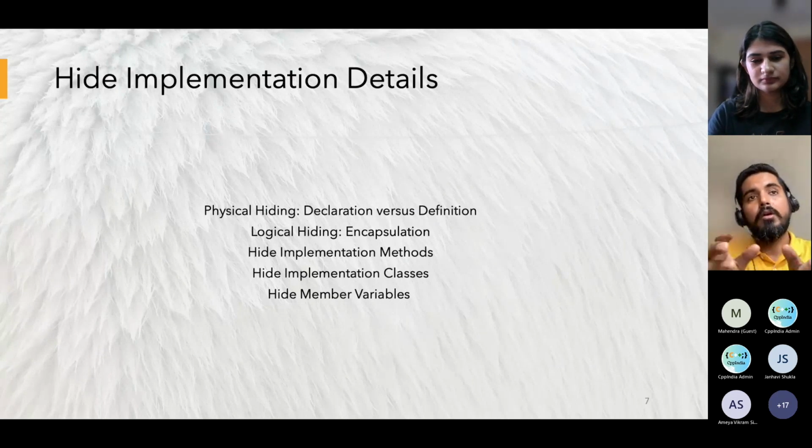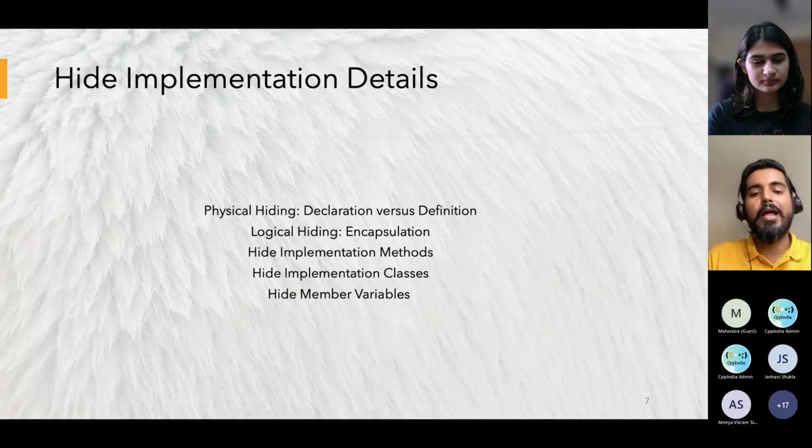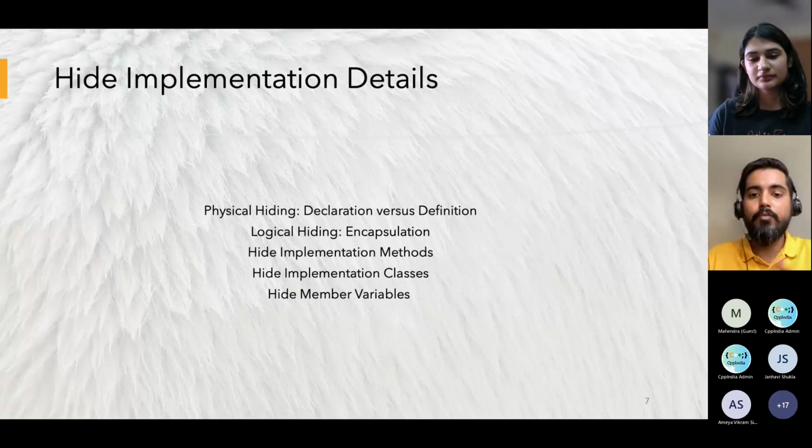So you write the definitions in CPP files, and you add interfaces in public headers, so your headers are exposed. So it's better not to add code in header files. And you should try to hide your data in a logical way also, using object oriented concepts like encapsulation. That provides a mechanism for limiting access of members to an object.